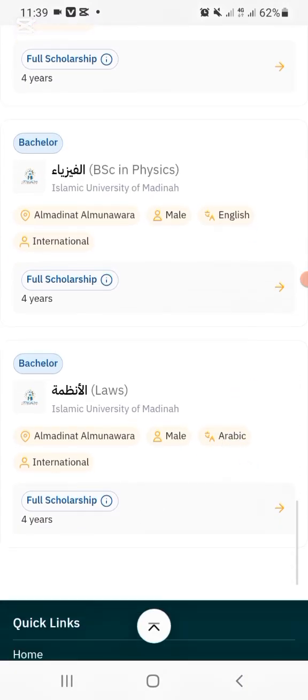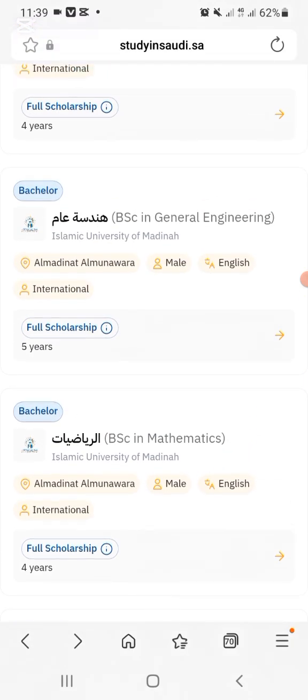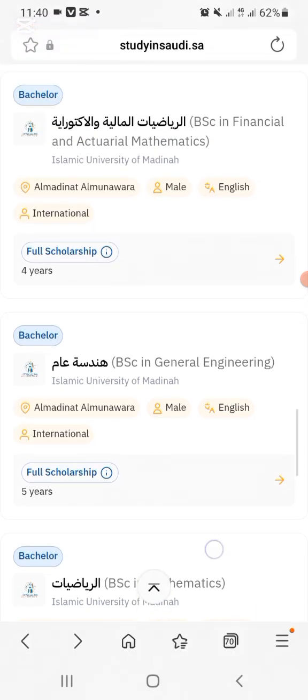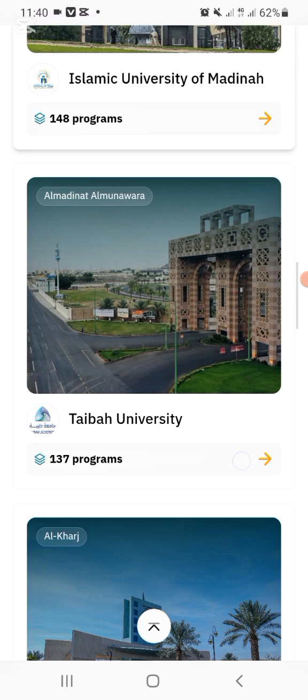You can choose as many programs as you want. Try to choose programs that are related. For example, if I choose mathematics in the University of Medina, then when I go back to the other university, for example, Taiwan University,